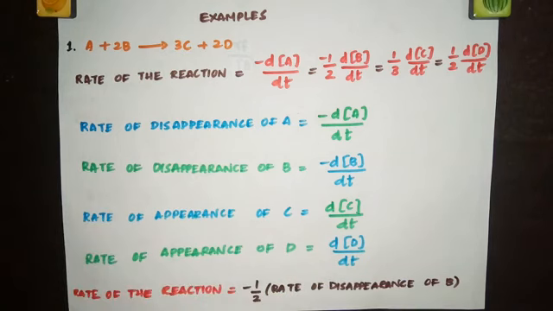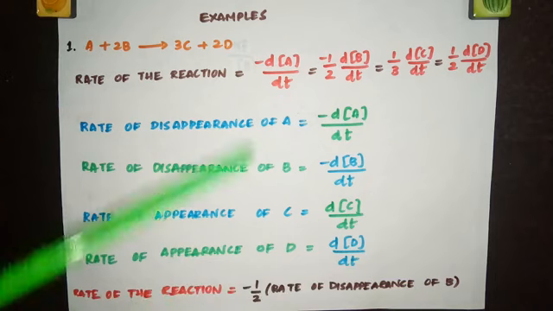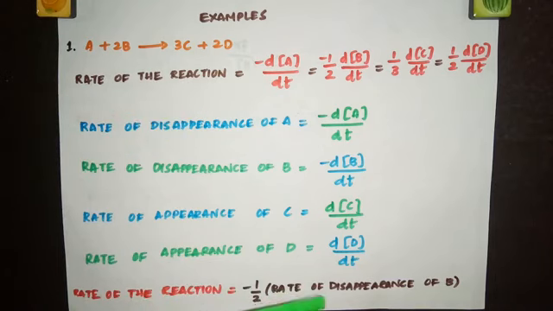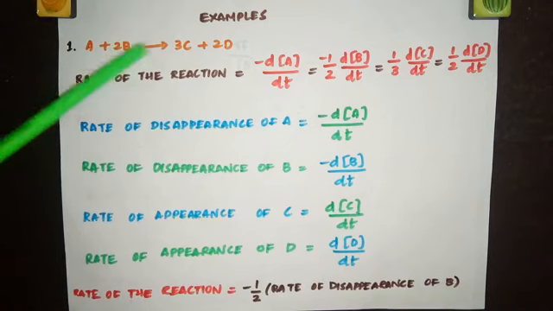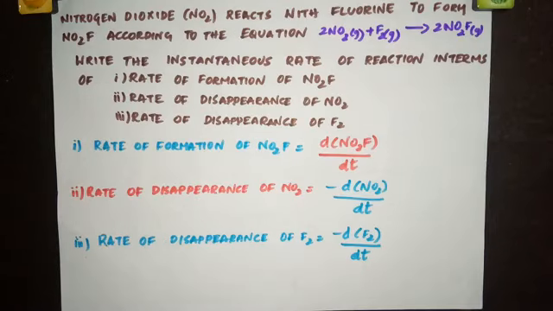And if you want to write it in terms of A, rate of the reaction is equal to, you can directly write this, minus rate of disappearance of A, because we don't have any stoichiometric coefficients here. So here we have written for a general equation. Now we are going to calculate the exact values, that means numbers, for the rate of the reaction and the rate of disappearance of the reactants or the products. We just wrote the rate of the reaction in terms of rate of disappearance or appearance for a general chemical equation. Now let's take a proper chemical reaction and try to write the rate of the reaction.